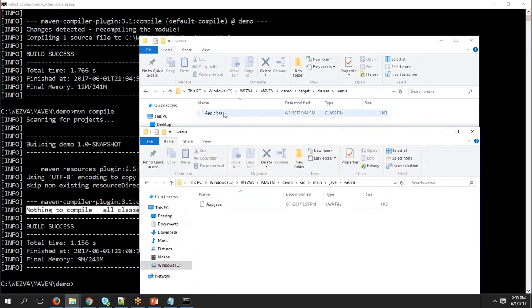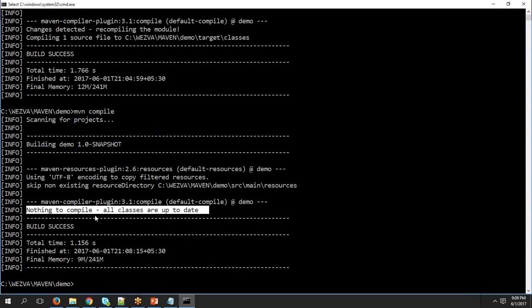So the first thing it checks is if there is a file already available, and if it is available and the content that you have is equivalent to that, then it is not needed to build. But in case the file is not there, then it will create the file. But if the file is available and the content there is not exactly what you have here, that means you have modified it, so then it will go ahead and rebuild it. But this time you have the same file and there is no change in the source, so it is not going to rebuild. So that's how you are again going to save some time by running the build through Maven. Okay,